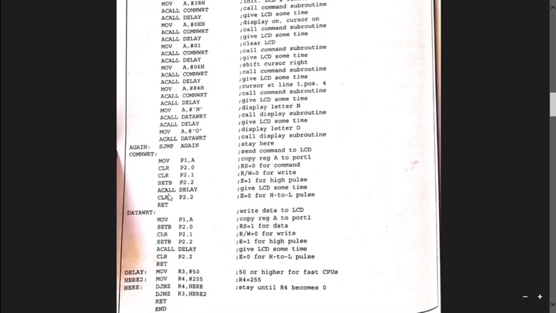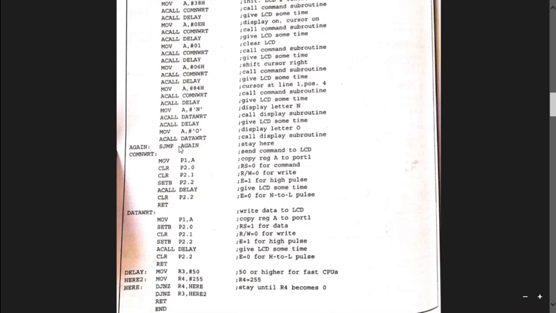Got it? So now R/W. I have to write the data, right? So again, R/W, writing only. I'm not reading it. I'm writing it. So it is equal to 0. I'm writing it. The same thing. Then enabling the latch, calling the delay, disabling the latch, going back to the main program. Same thing happens. Understood? Finally, after executing everything, it comes to SJMP again, and it will be in the same loop only.